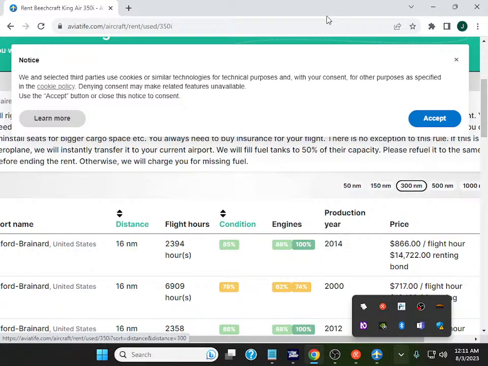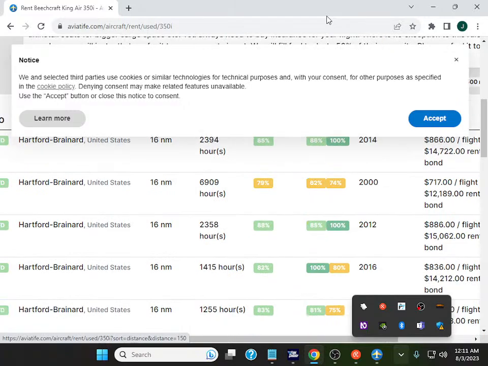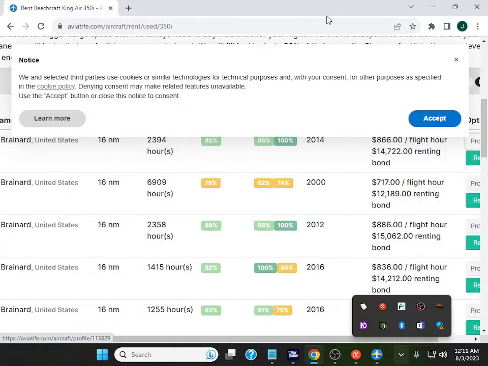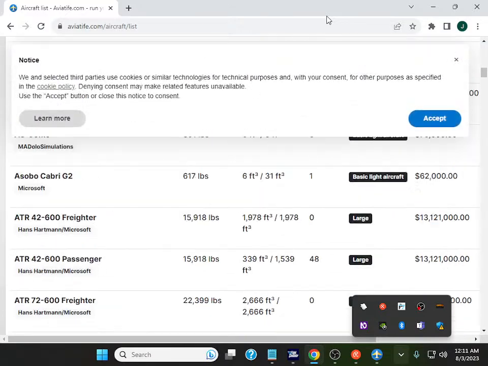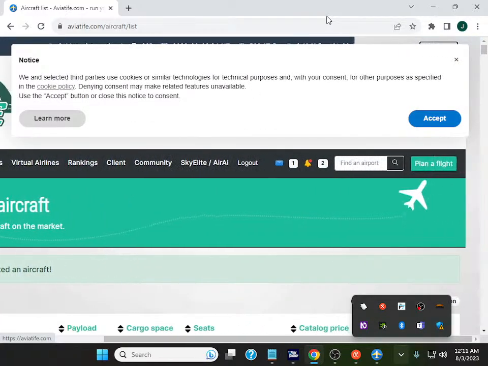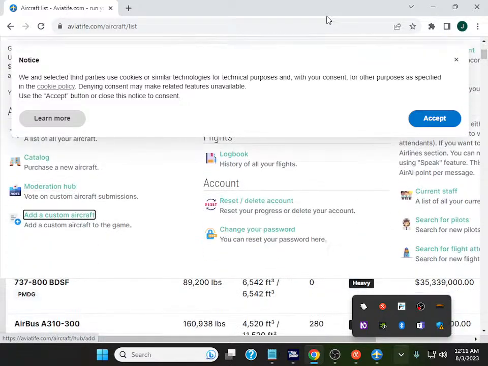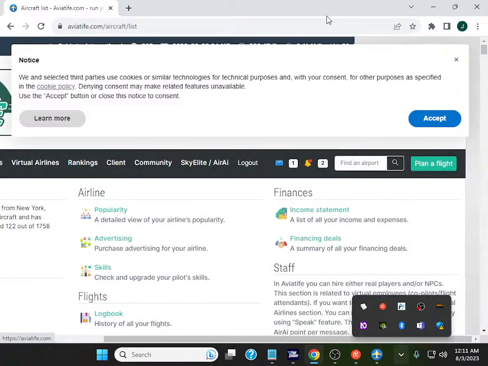150 NM link 300 NM link 500 NM link graphic cover Beechcraft King copyright 2021 graphic cover Beechcraft King 50 NM link 150 NM 300 5 1000 NM no limit link table with 21 rows and 9 columns row 1 column 3 sortable graphic column 5 sortable graphic condition link row 2 layout column 1 KHFD link card for options column 9 profile link rent button alert congratulations All graphic right, company gold star there we international go. 22 5 9 26 days 100 logo graphic visit airline visit link graphic company overview edit fleet visit link catalog visit moderation double add a custom aircraft popularity link graphic company overview heading level 4 aircraft heading level 4 fleet visit link graphic company gold 22 link 500 9 arrive 26 days 120 logo graphic visit link airline visit link